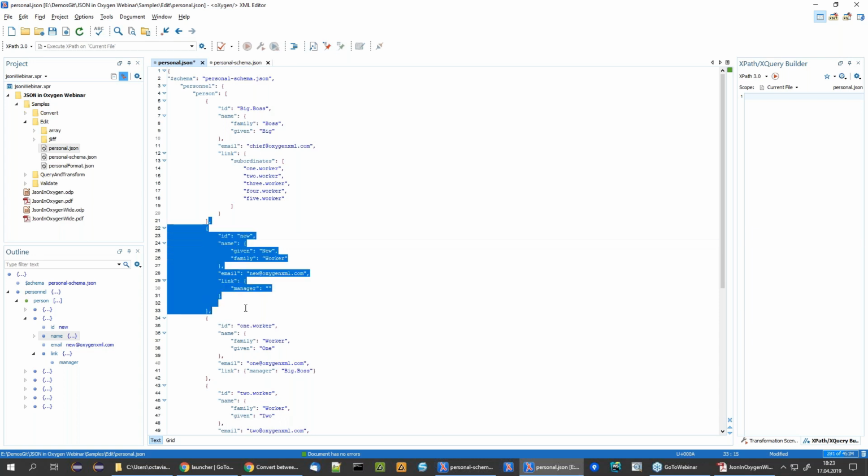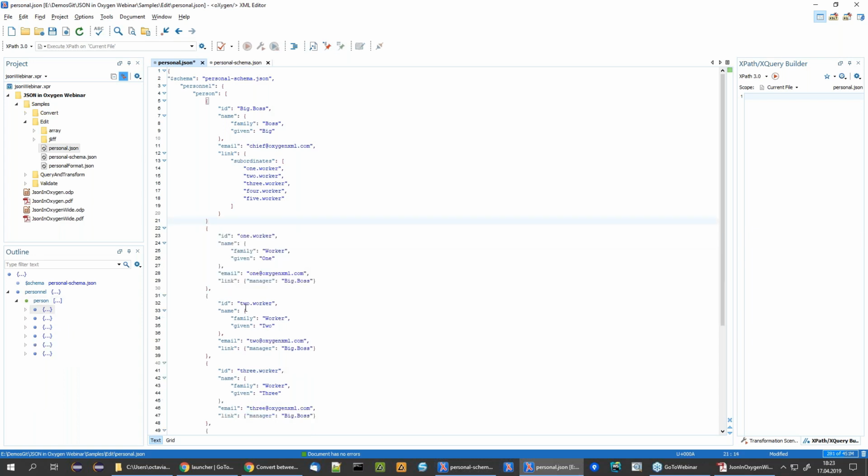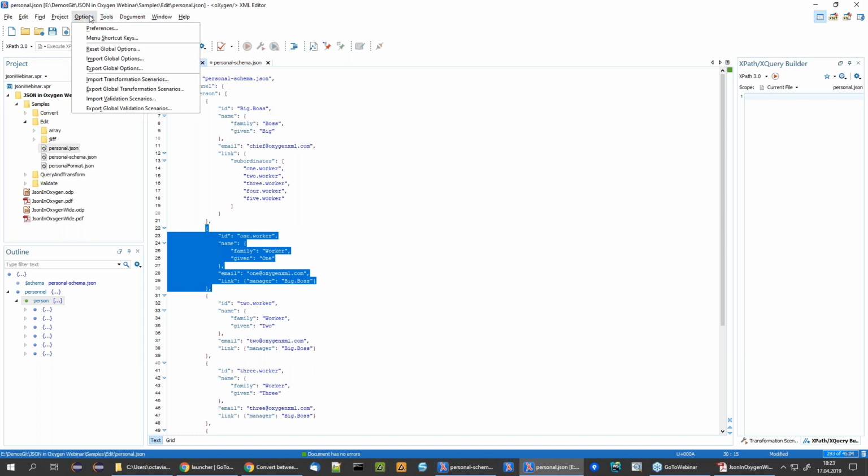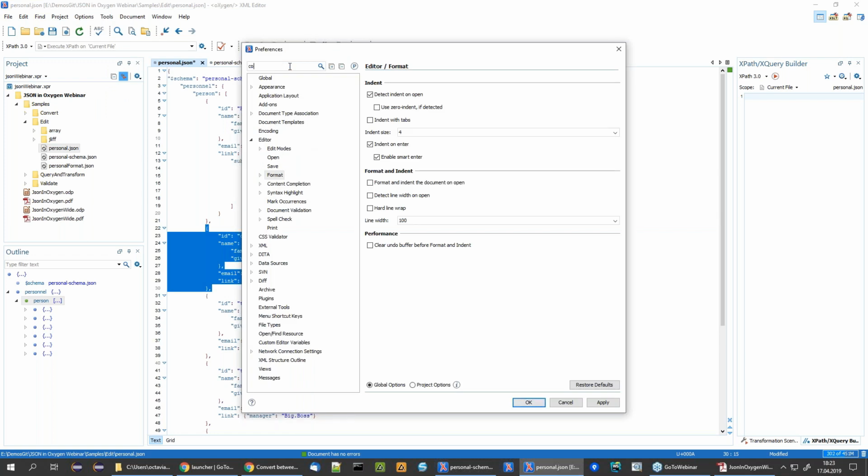So, for example, let's say I want to create a code template for a person. I'll copy an existing one, and I'll go to options, preferences, and here I'll search for code templates,